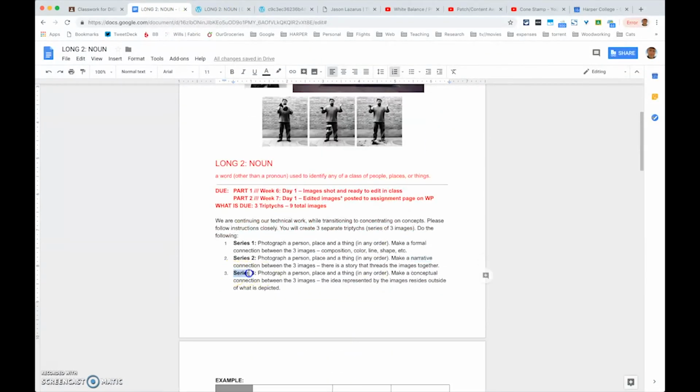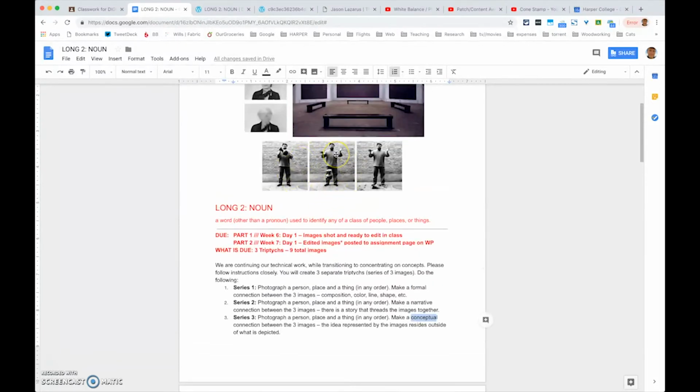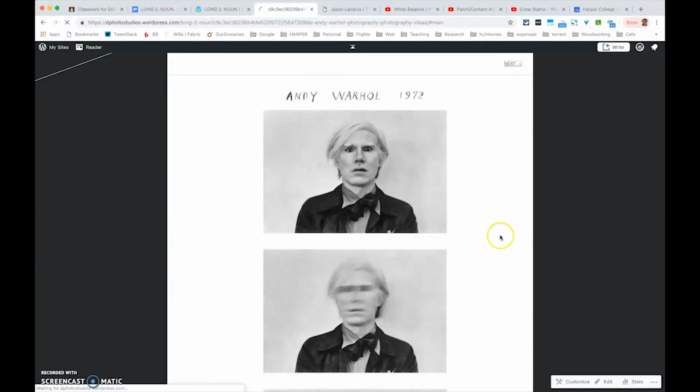Now the third one is going to be the most trying and the most complex, I think. Again, you're going to photograph a person, place, or thing in any order, but this one you're going to make a conceptual connection between the three images. What I wrote here is: the idea represented by the images resides outside of what's actually depicted. Now the series I used as an example for this is a triptych made by the artist